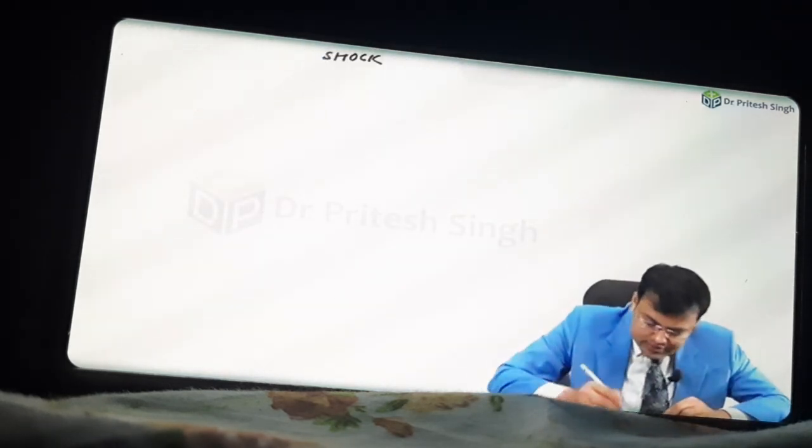Now we are going to discuss shock. So what is this shock? This is a clinical syndrome. It's the clinical syndrome resulting from